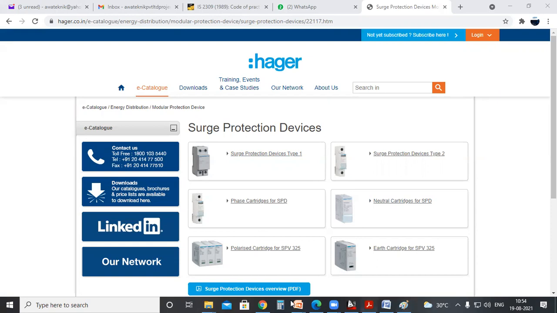Okay, I will explain. Type 1 is used for individual electrical equipment where there is a chance to get surge current, especially high powered industrial devices. Type 2 is for the particular distribution board. So if you take type 2, you can see